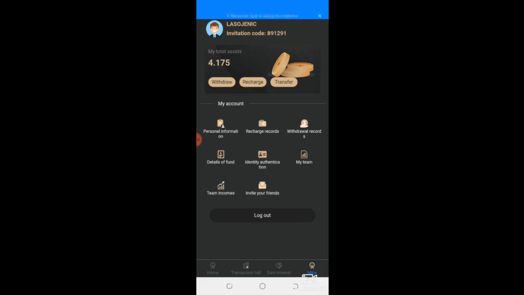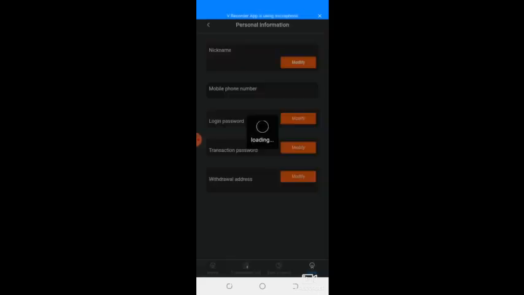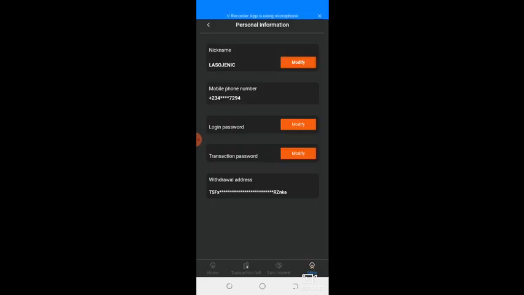For that reason, you click on personal information. Then after you have clicked on personal information, you are going to set your withdrawal address and your transaction password. Your transaction password and your withdrawal address will be needed for you to withdraw.